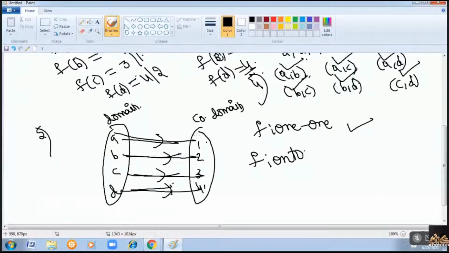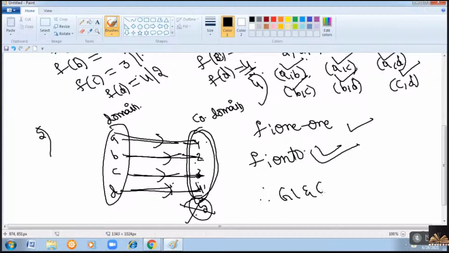Every element in the codomain should be mapped. Here all the four elements of the codomain are mapped. No element is left without any mapping, right? Therefore, it is an onto function too. You can say that as all the conditions were satisfied, the given graphs are isomorphic with each other. Isomorphic with each other.